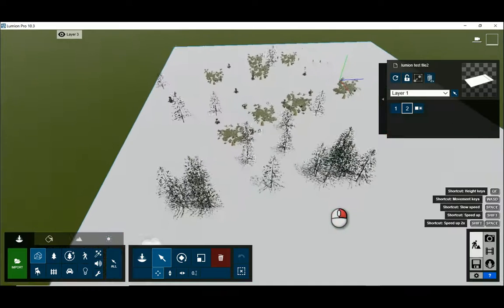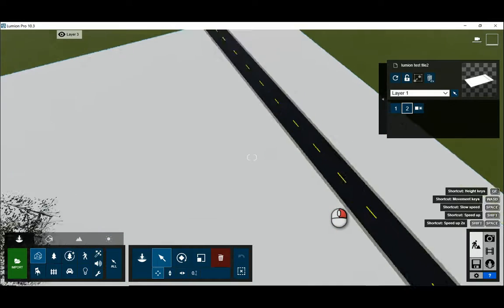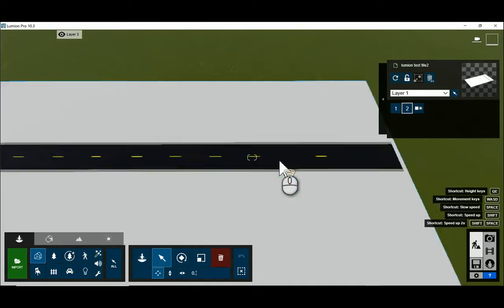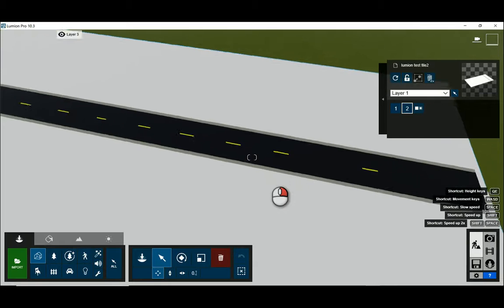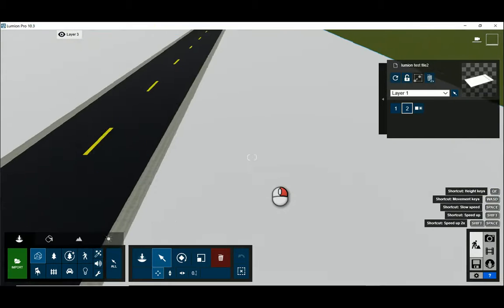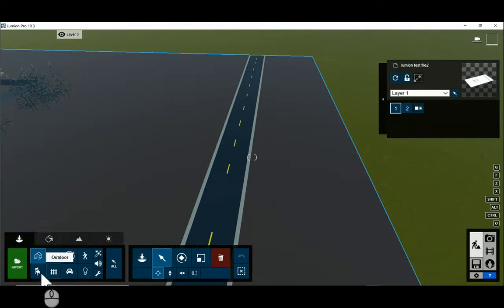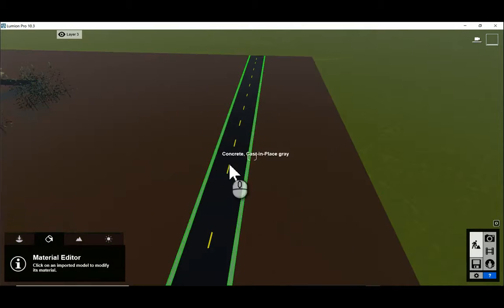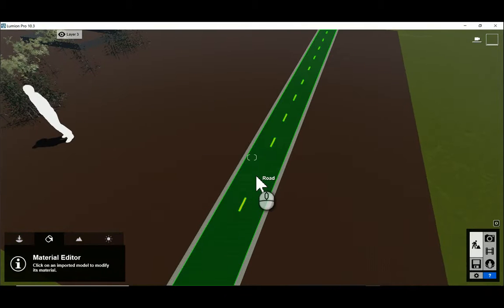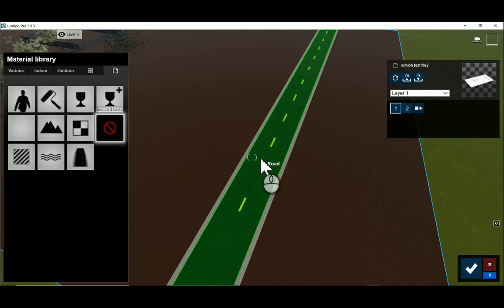Okay, now on to placing materials. This is something you've seen me do probably in the last video to make this variation white. I did it really quickly, but what you want to do is, these are your different modes. You're going to switch to material mode, and you're going to select something that you want to choose the material